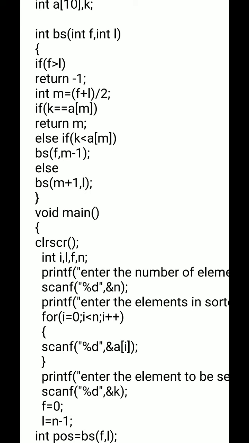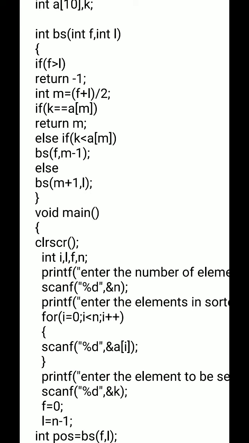Otherwise it will not return and will continue into the binary search procedure, in which the middle element m is to be found by using the integer variable m. So we will add first index plus last index divided by 2, and it will return the middle element of the subarray taken by BS as global array.